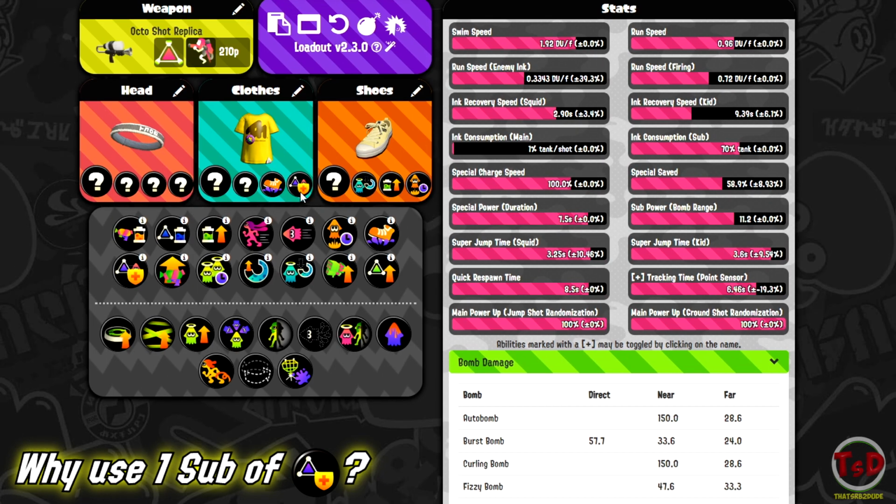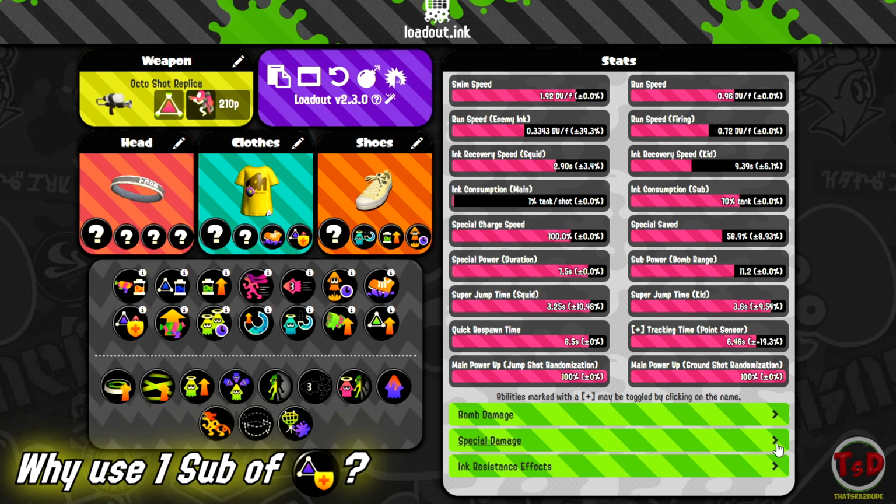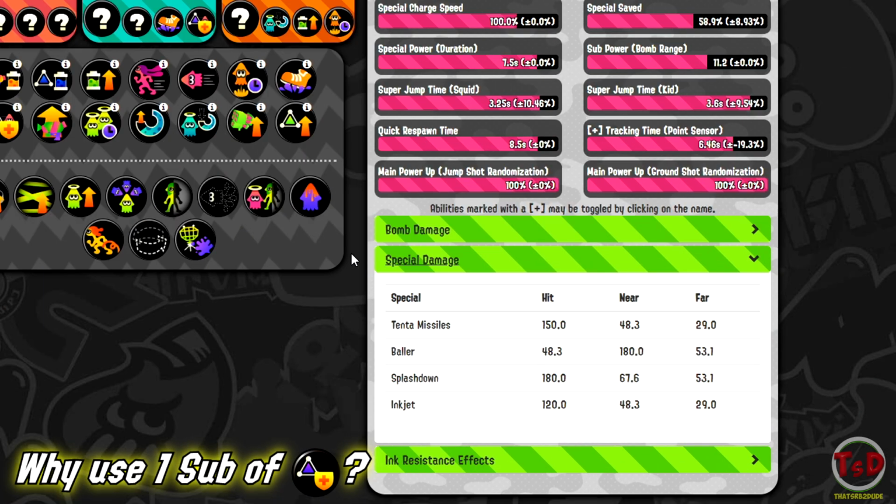If you put 1 sub of bomb defense, just try it in a game. You'll definitely start noticing that far away bombs are probably going to do a whole lot less damage to you, which is super helpful for you guys to know. We're just going to go into the next one though, special damage, because bomb defense also helps in that, funny enough. Just to take this off and prove to you that it does, as you can see, look at that. Those are the original values of that. But if we were to put the bomb defense sub on, as you can see here,